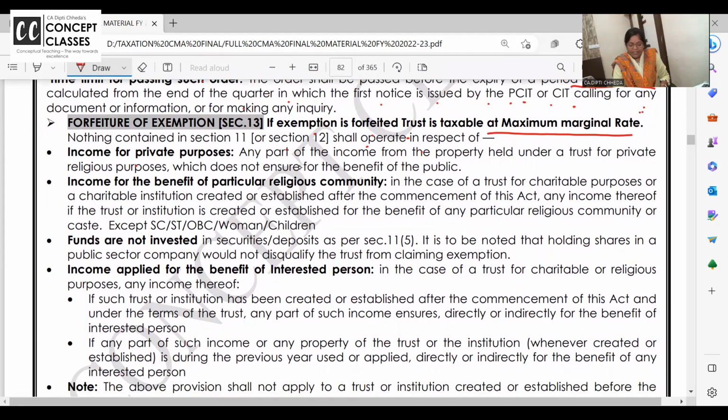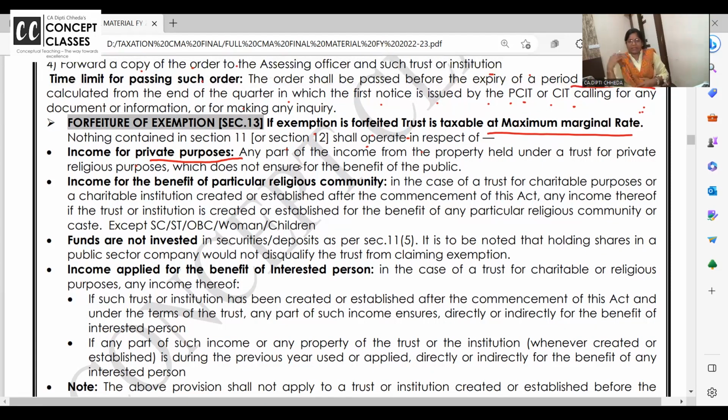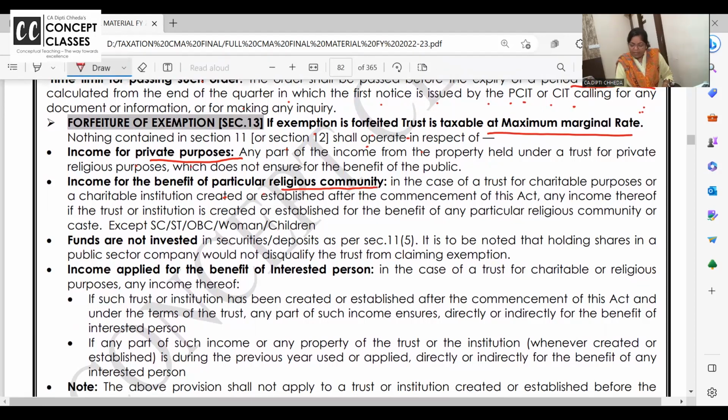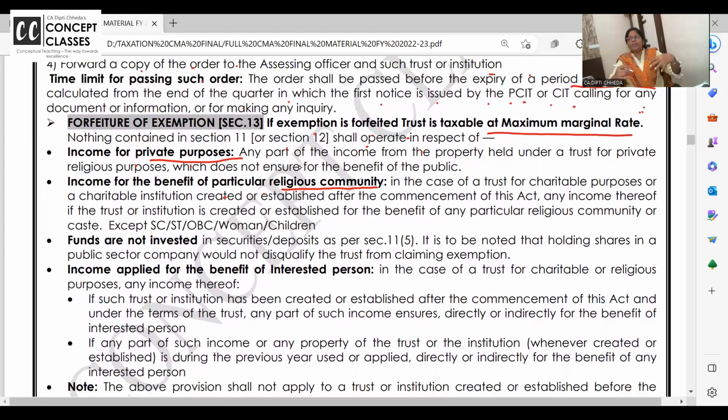If income is for a private purpose, whatever income you have earned, you are spending it for a private religious purpose, only for a few people, or income for the benefit of a particular religious community, caste and all. But in this, suppose you are doing some activity for the backward class or only for women's education and all, you can't say ma'am, ye to ek class ke liye hai. This activity is genuine.